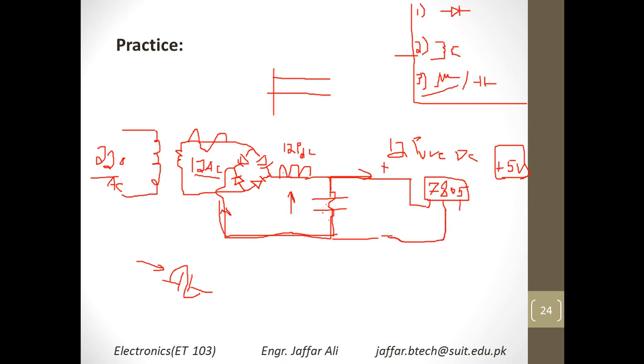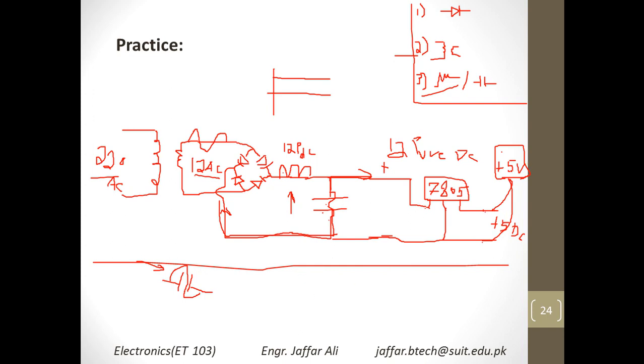And how does this work? This is basically your input. You give the input to the first terminal, and from the next terminal you get the output. To have a reverse path you take this as a common. So from here you will get pure 5 volt DC, and you can easily put a charging jack over here and give it to the mobile phone, positive with positive and negative with negative. So this will start charging your mobile phone. This is the basic power supply for a mobile charger.